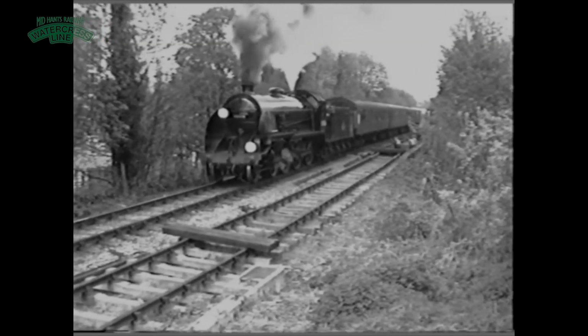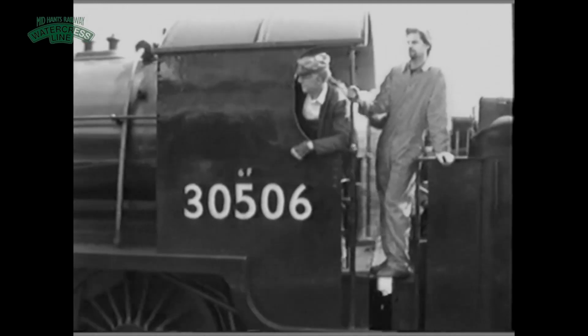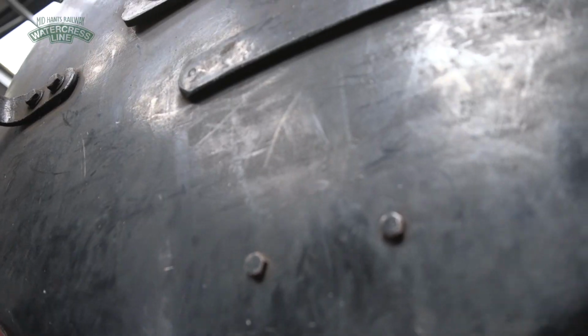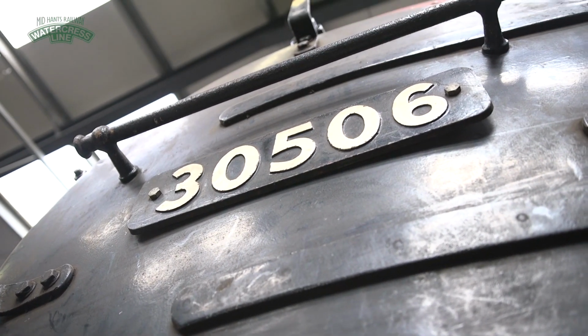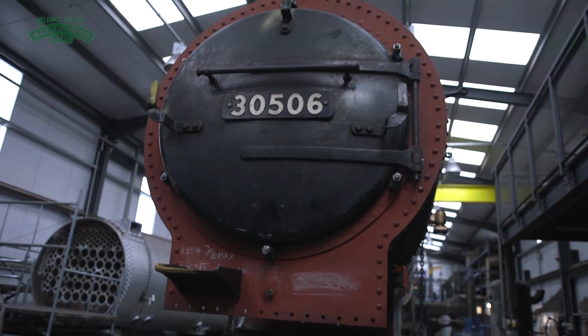Back in the day, the boilers were numbered after the loco they originally went on, but then subsequent heavy overhauls, boilers just got moved around, as did most of the components. It depended what was available when the frames were ready, that went back on. It subsequently ended its working life, funnily enough, on 499, so we're sort of carrying on the tradition of rotating